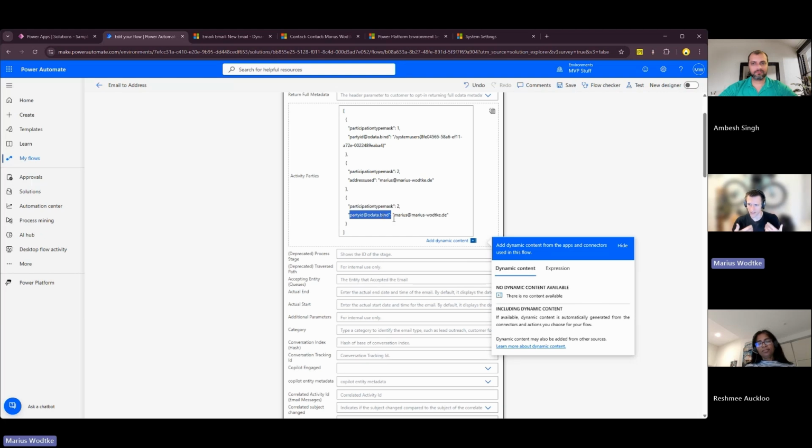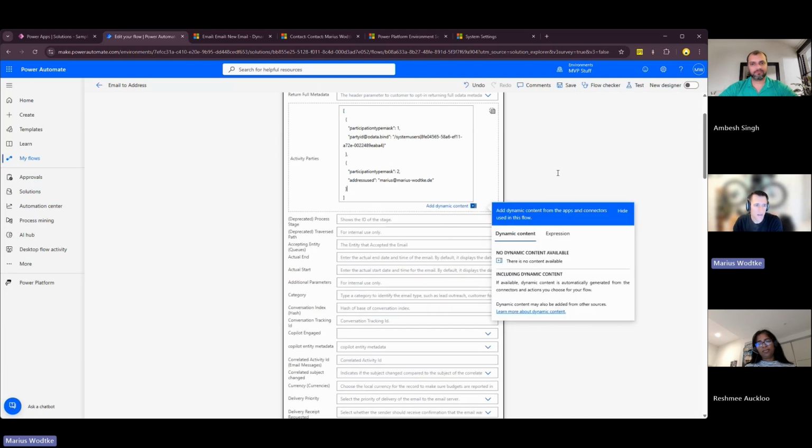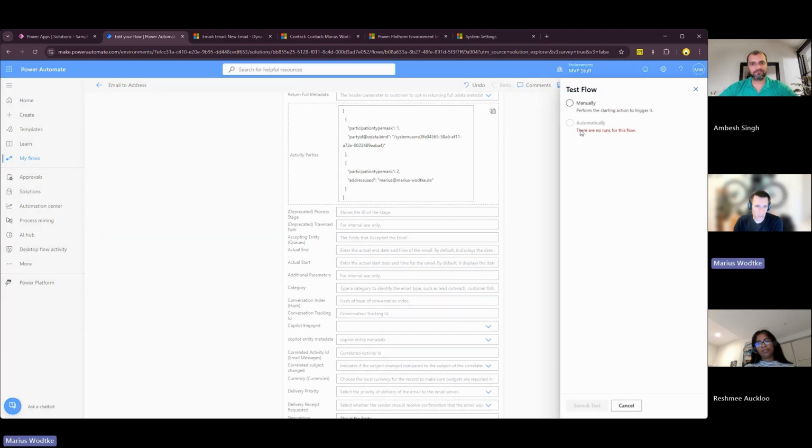And of course, at ODataBind, that's something you need to link something. So this email address right here wouldn't work. And instead, what you want to use is addressused. And of course, in this view, I can just change the attribute I'm setting here to addressused. But in this case, I can just delete this. If we test this one now,